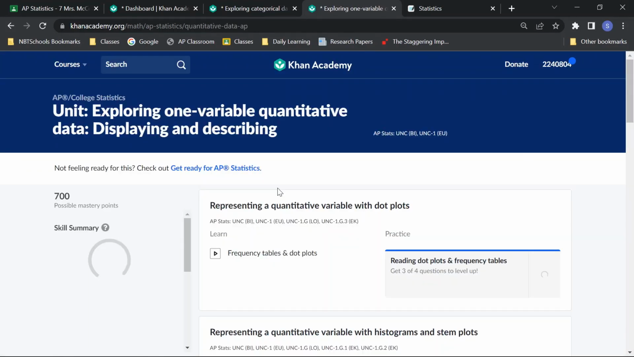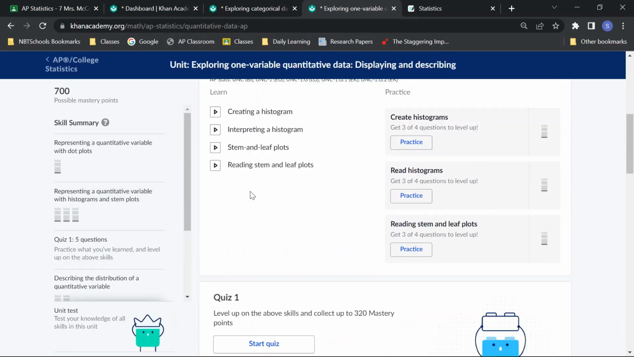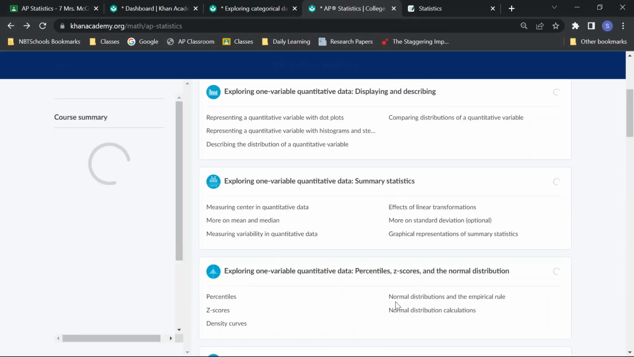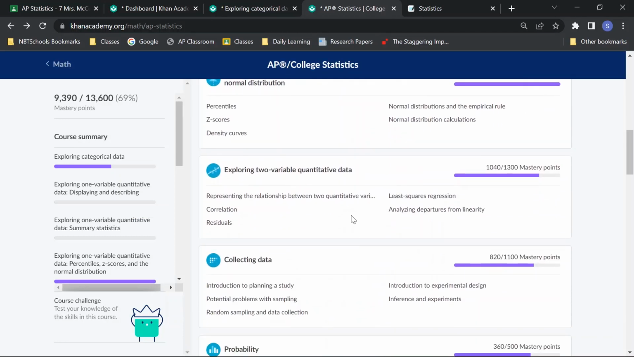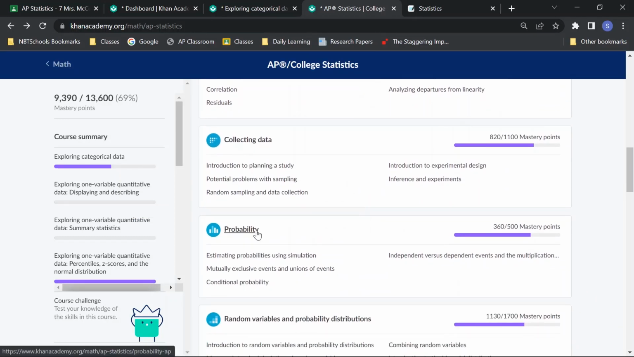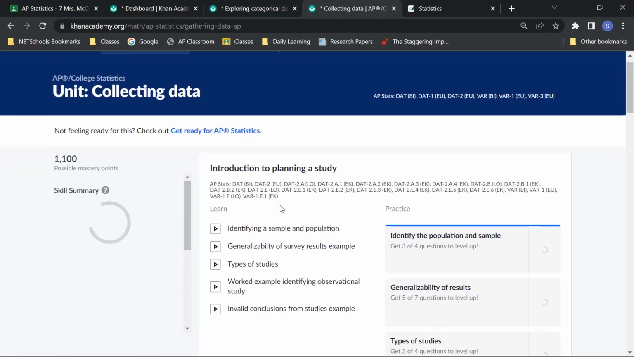Exploring one variable quantitative. Where is... Wait, oh, I'm in the wrong thing. I'm supposed to be looking at the experiment. Exploring two, collecting data here, right? Probability, collecting data, introduction, sampling. Potential problems with sampling, introduction to planning a study, random sampling, and data collection. So this is the one, yeah, perfect. Collecting data, and I'm trying to find,